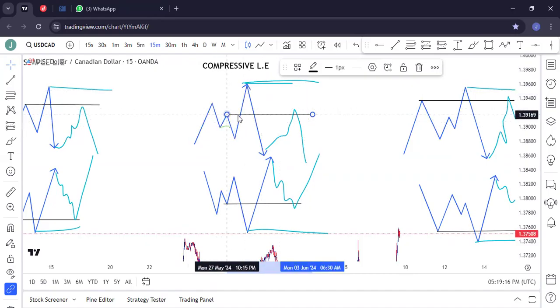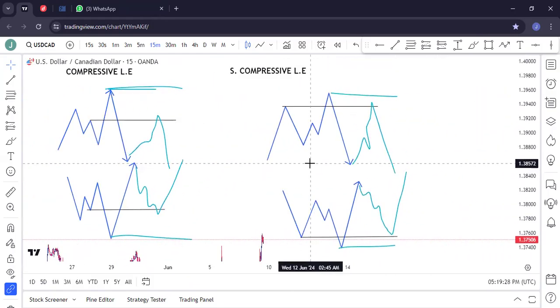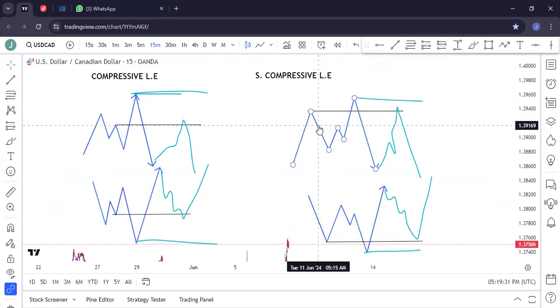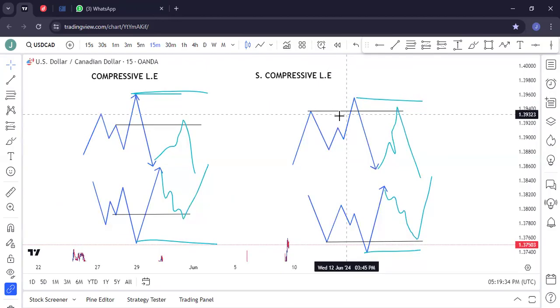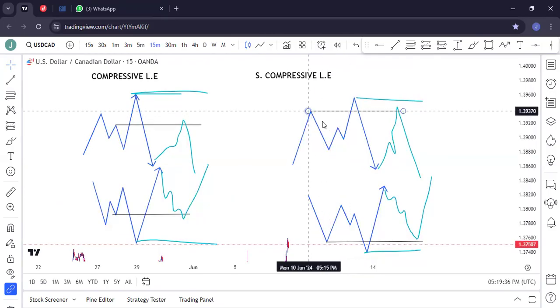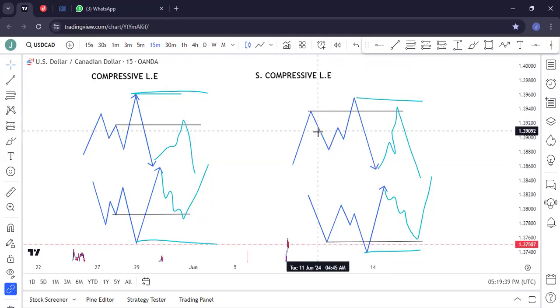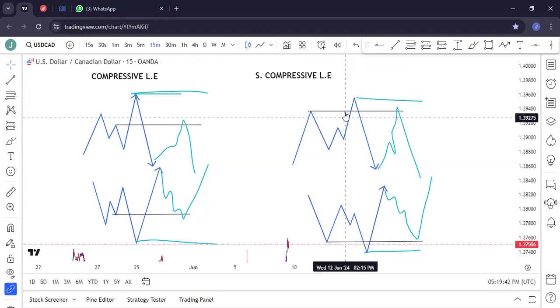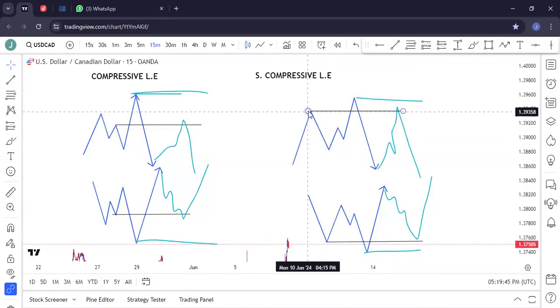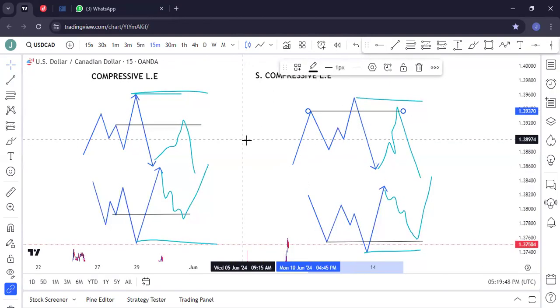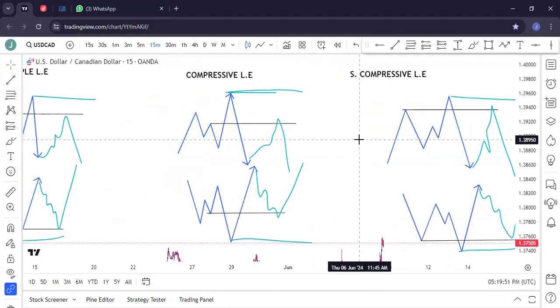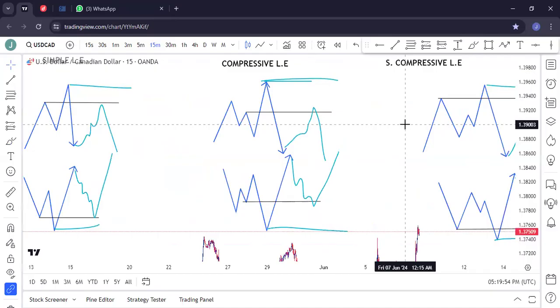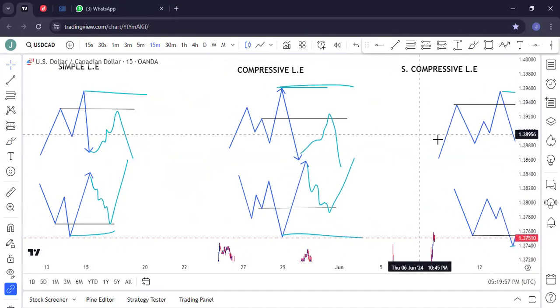So we put entry here instead of this point because the market created the trend before this low. Now in this part here, we put the entry here because this is just one movement which came to break this point here. The market did not create any trend here before the market came to break here. So I need you to understand these scenarios. There are two different scenarios. Okay, I need you to understand this.